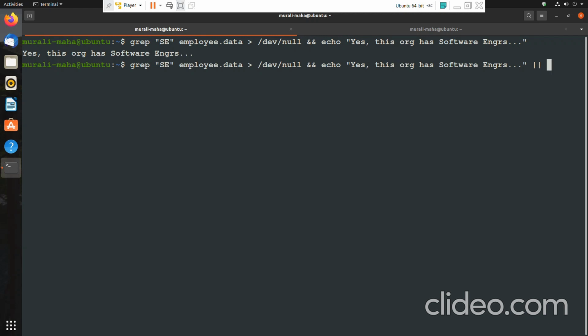So if the grep has failed, then the shell will execute the command which follows the double pipe symbol. This double pipe symbol is known as the conditional execution operator OR. So echo: there is no software engineer in this organization.